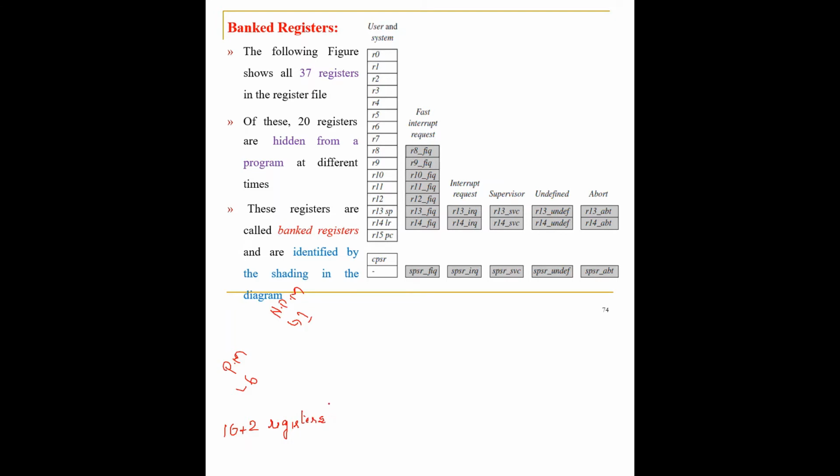Suppose your processor is working in a particular mode, let us say the fast interrupt request mode. When the processor is working under the fast interrupt request mode, some of the registers out of the 16 plus 2 registers will be working very specifically for this particular mode.